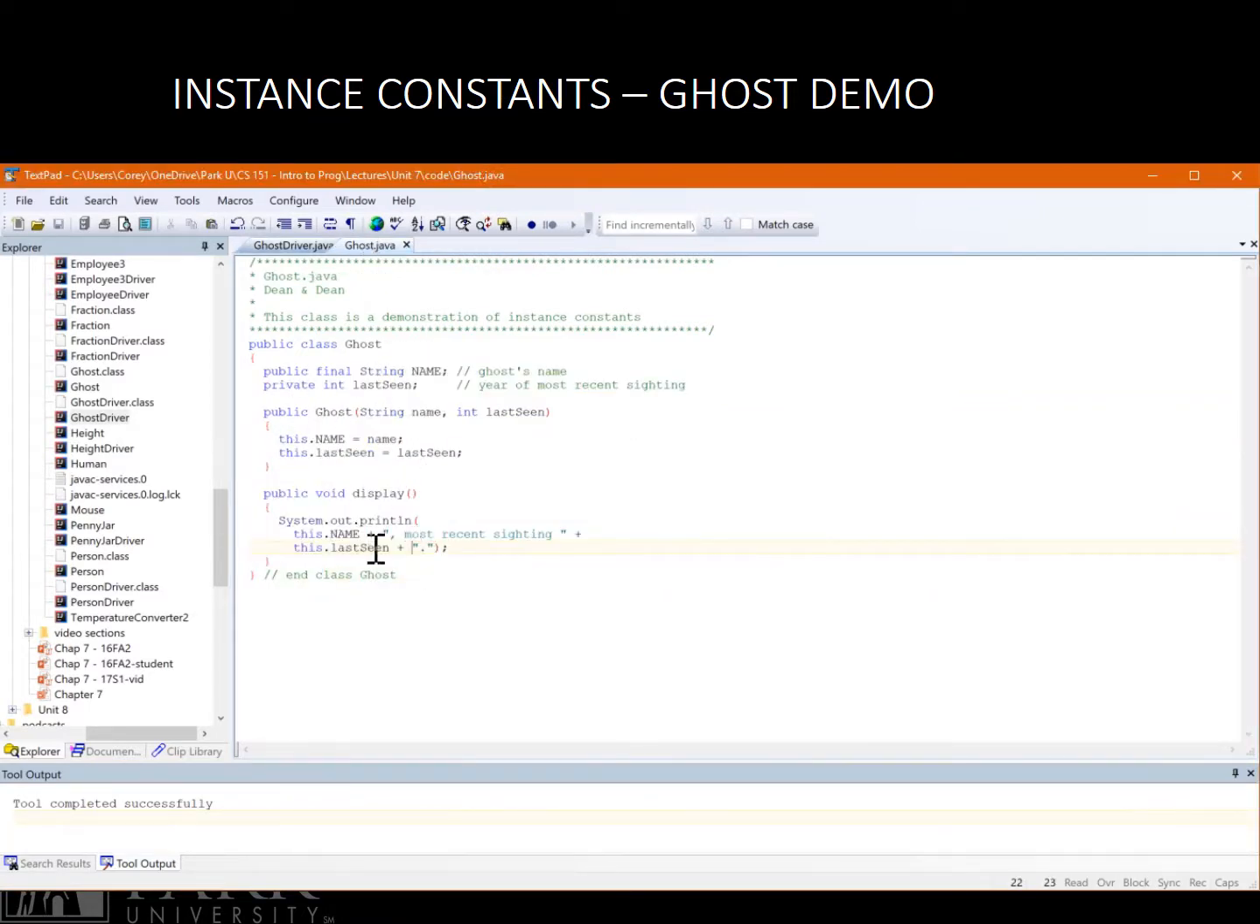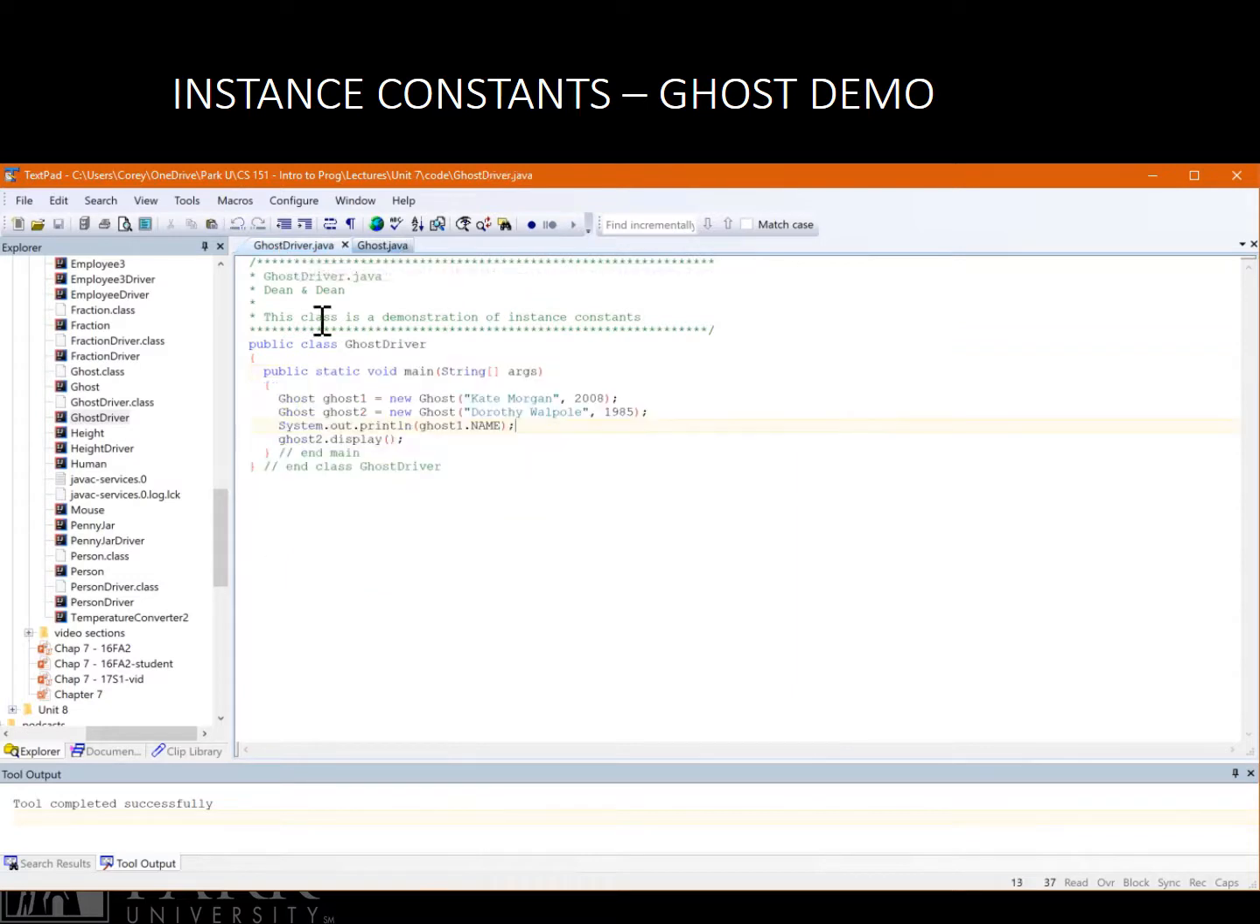So what happens if you try to change the name after you run it? Well, let's try that. Let's say ghost1.name is equal to Corey W. Great name. If we compile it,